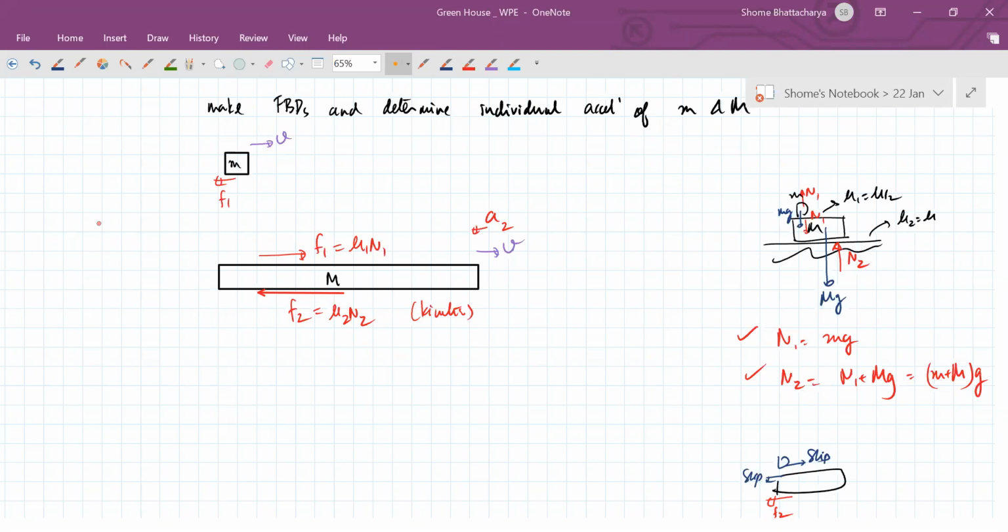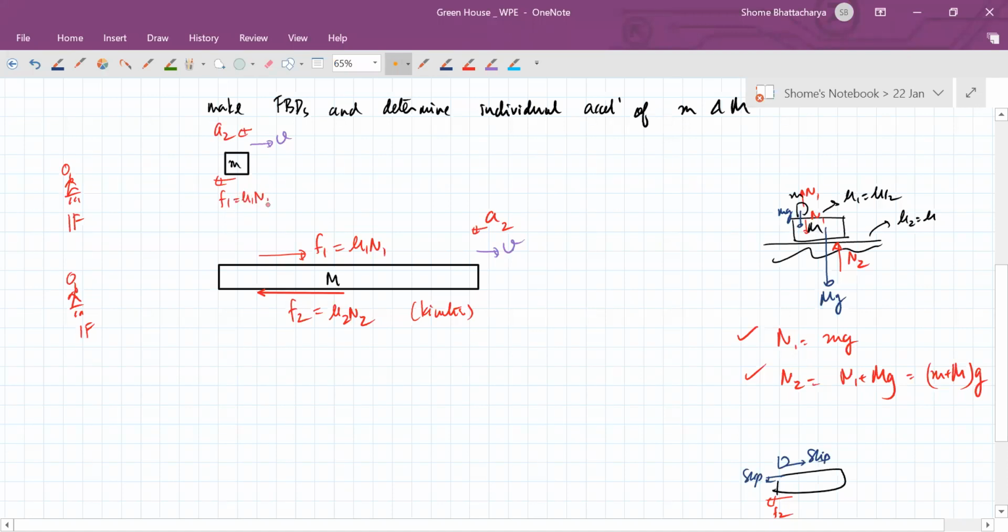Okay. So in the ground frame, in the inertial frame, this is what the frictional forces look like for both of them. So both of them are decelerated, but at different rates. Okay. So this is also kinetic friction. That one is also kinetic friction. So in the ground frame,